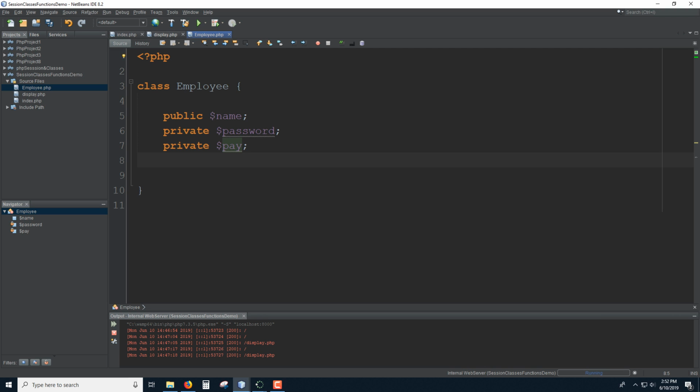Some people say it helps with finding bugs. If everything has to go through an accessor, then if you're having an issue with a certain variable, you know it has to be at one of those accessors. I don't think that's a very strong argument. The only place I've seen where it's